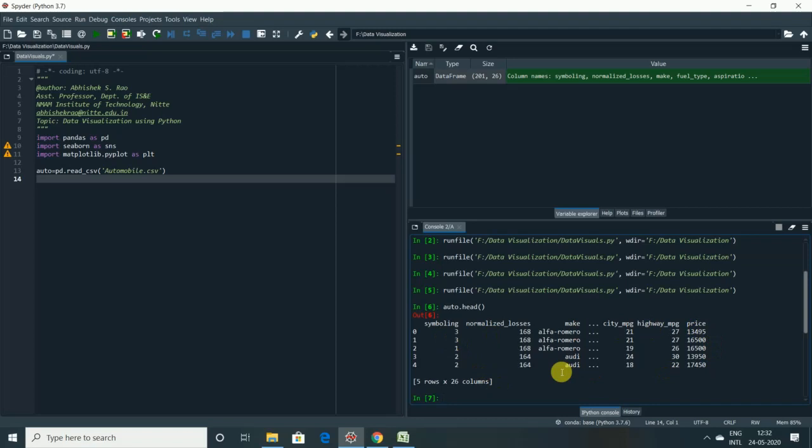Now, what are the different types of visualization that I need for analyzing a data set? Primarily, there are 3 types of visualization that we will be focusing on in this session, starting with the univariate distribution, bivariate, and multivariate analysis or distribution. Actually, univariate, bivariate, and multivariate analysis are some of the basic steps that we perform in exploratory data analysis. This helps us to understand more about the data and also helps in analyzing the data before implementing the